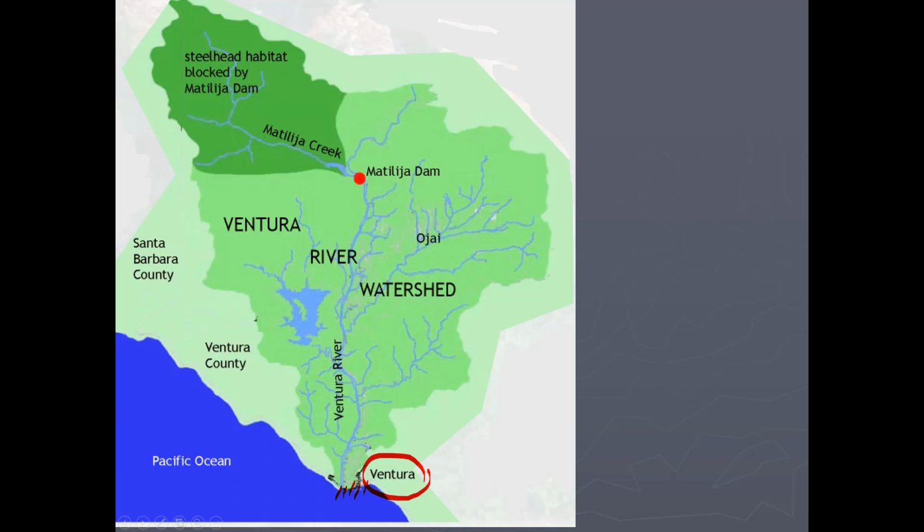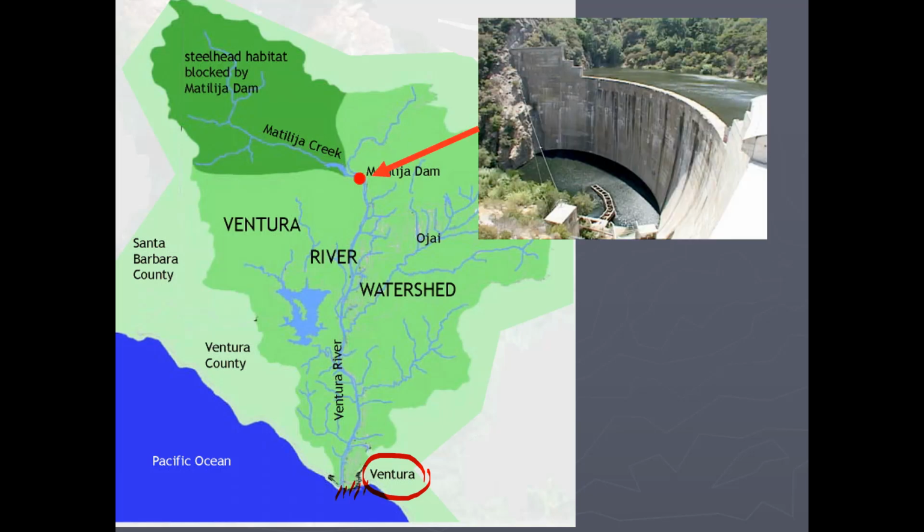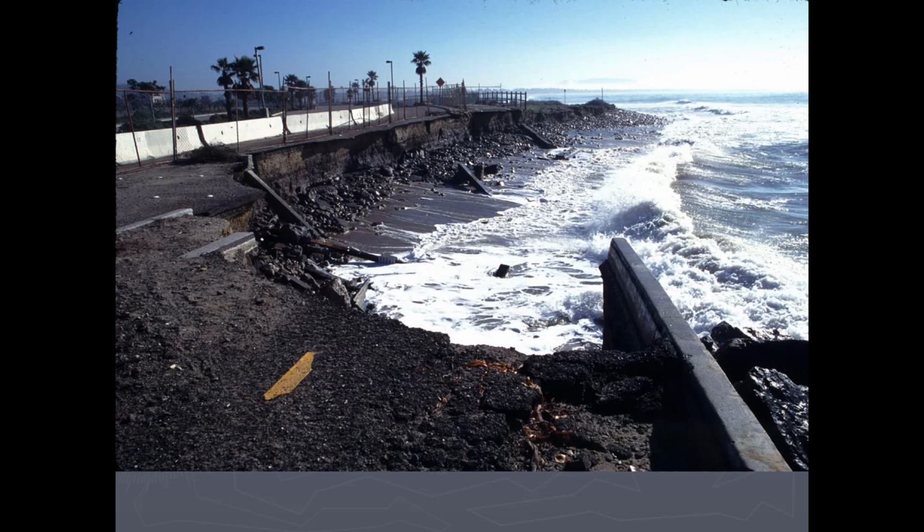However, at some point in the 1980s, I believe, a dam was erected up on Matilija Creek up here in the northern part of the watershed. This dam, Matilija Dam, there it is there, intercepted the water and also intercepted sediment. So in back of the dam here, not only is there water accumulating, but all the sediment that would be flowing out and through the Ventura River and out onto the beach in Ventura is now trapped or impounded behind that dam. And that reduction in the input of sand to the beach system here in Ventura resulted in massive